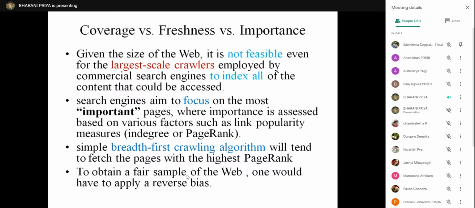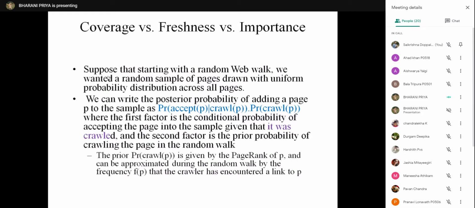To obtain a fair sample of the web, one would have to apply the reverse bias. What is this reverse bias? We'll see. Suppose that we are starting with some random web pages, and we want random samples of pages drawn with a uniform probability distribution across all the pages.